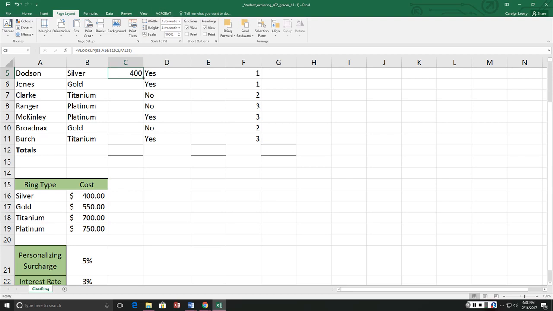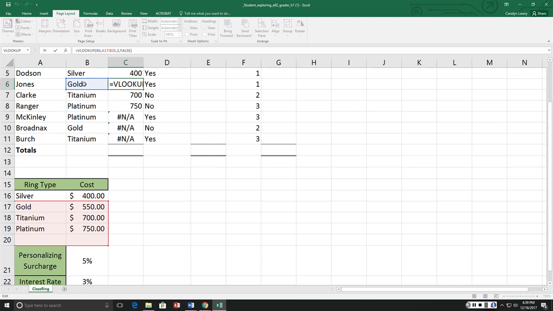So now let's copy this down. Okay, we got a value. Is the value for gold really 550? It is. Titanium 700, true. Platinum 750, true. What happened here? So let's take a look. When I click up in here, it highlights everything that goes into this formula. So it's saying it's going to the table here. Okay, when I go to this one and I click,